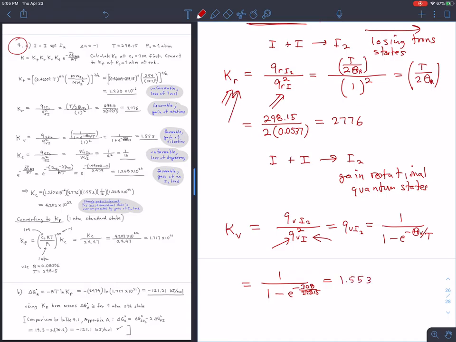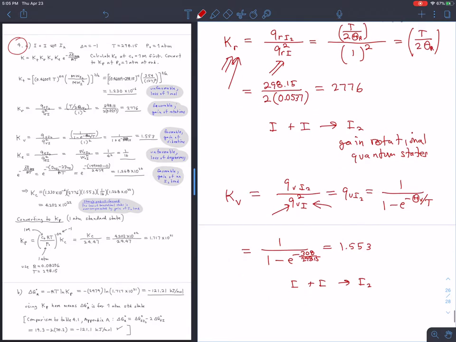and that is equal to 1.553. So again, the vibrations are favorable because, of course, in going from atoms to a molecule like I2, there are no vibrations over here. There are over on the product side. So we gain some vibrational quantum states as we go through the reaction, and that's reflected here. Of course, we don't gain very many vibrational quantum states